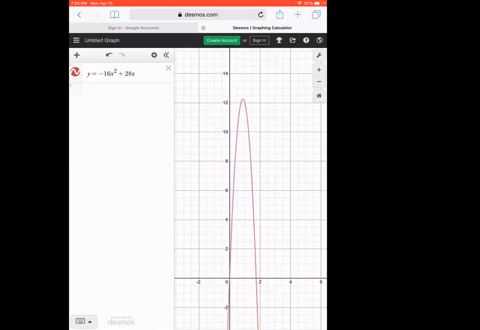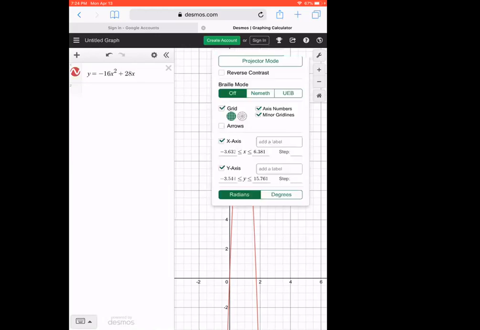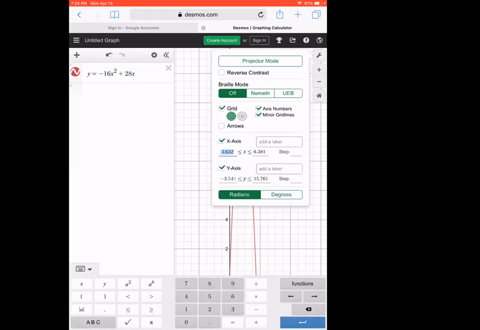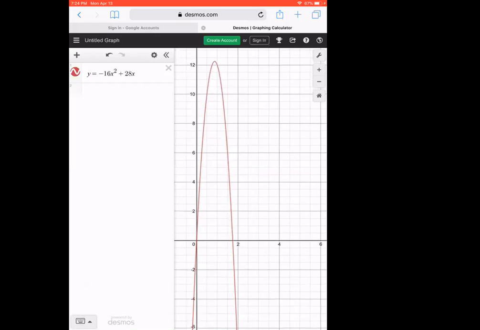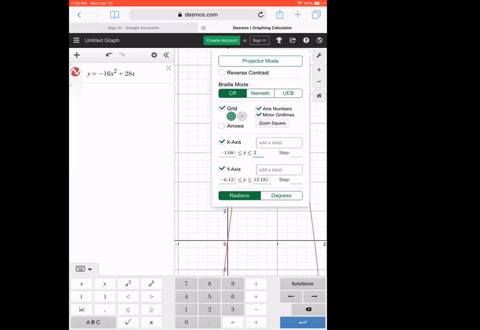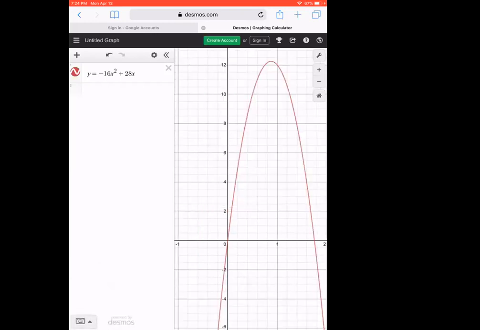Oh, but it looks like if you want to manually change the window, which I do, it won't let me just change the x-axis without changing the y. So there's a little wrench icon up on the right-hand side, and you can change what you want your x-axis to be right in there. So I want my x-axis, I'll go -1. But then it looks like it only goes to, oh, what's the scale here? Oh, 2. I can stop it at 2. So let's change it to 2 here, just so I can see it a little bit better. You don't have to do this, but I like to. So now I can kind of see what's going on with this.